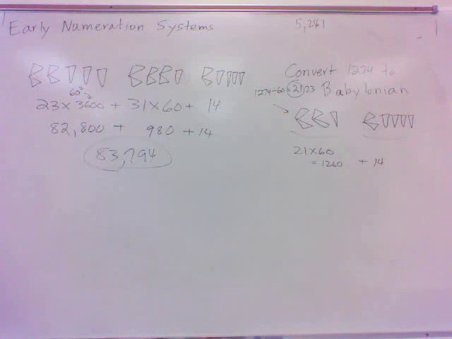Okay? So to convert our numbers to Babylonian, divide by 60, and then you got it. Go from there. Okay? All right. The third